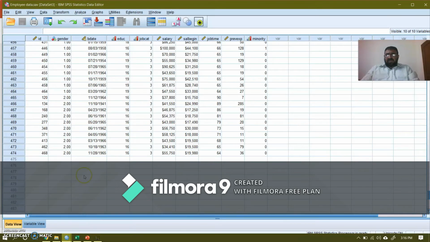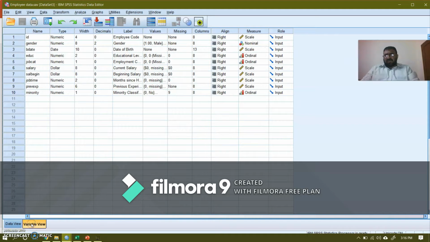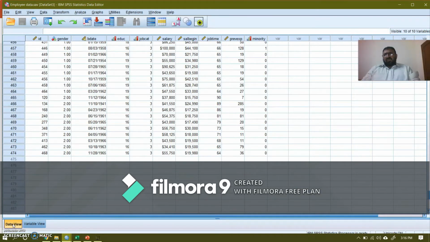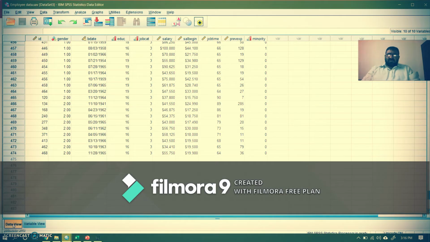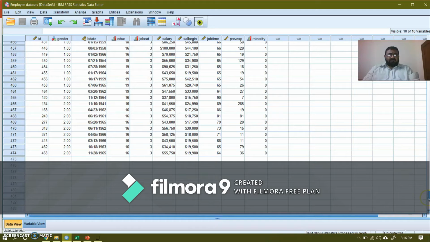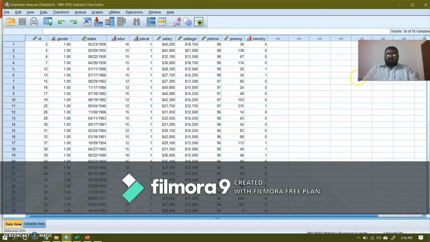Here is my data. This is the data view, and here is the variable view. In this data file, there are 474 observations, and this is about employees. This file is available online, you can get it from the internet. This is the employee ID, and this is the gender, and this is the date of birth, this is the education in years, this is job category.